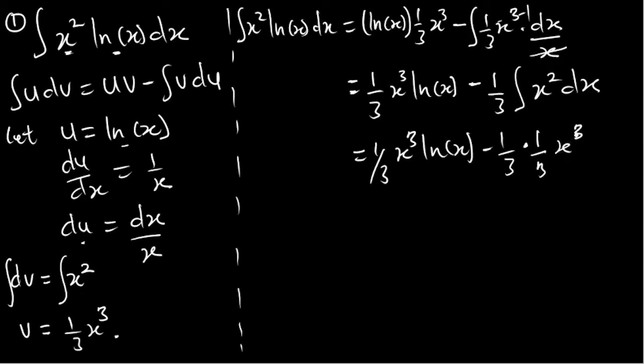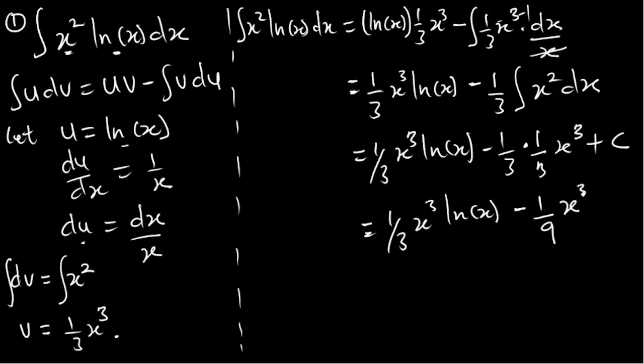We'll have 1 over 3 x cube. So 2, you've added 1, then plus a constant. See, in integration always remember to include a constant c, which is unknown. So here we'll have our final answer as 1 over 3 x cube ln x minus 1 over 9 x cube plus c. So there we are done with